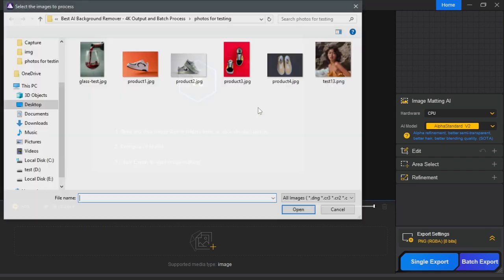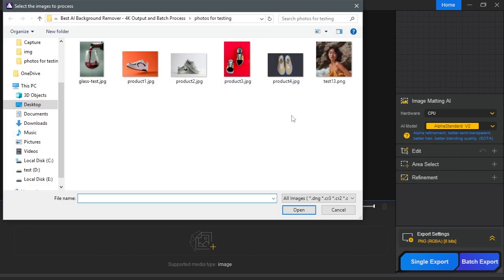Now let's say we have multiple photos of one product or several products. And for example, we want to remove and change the background of all the images into a solid white color. The procedure can be time-consuming if we use traditional background removal methods or software, especially if we have a big number of photos that need to be treated. And of course, this is where the importance of the bulk or batch export feature available in Aiarty Image Matting